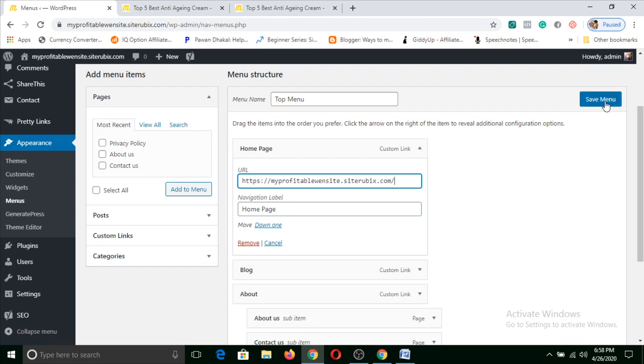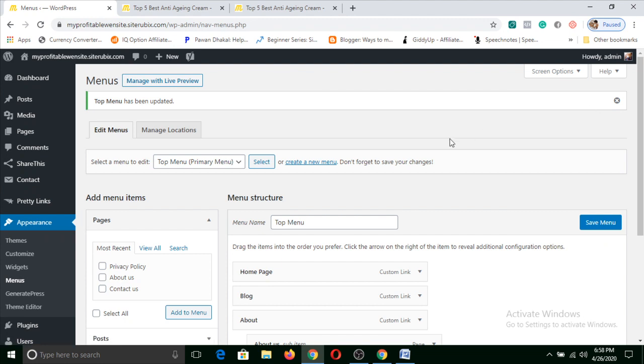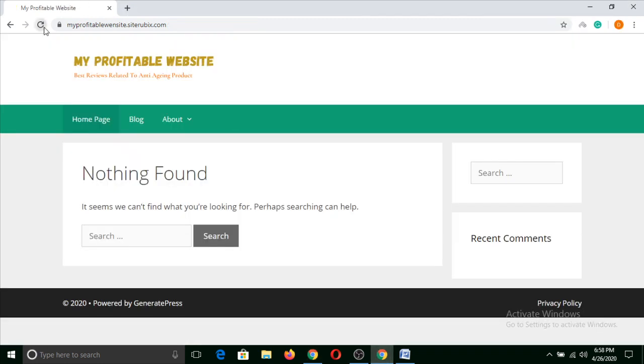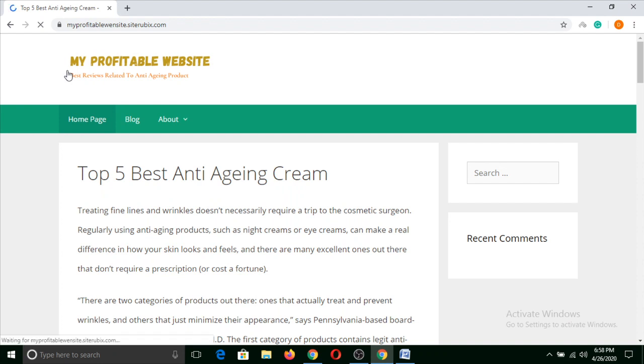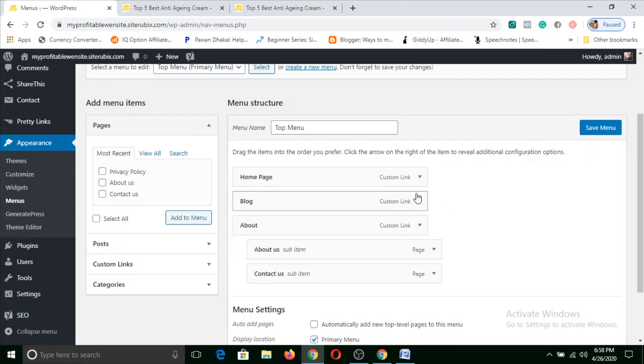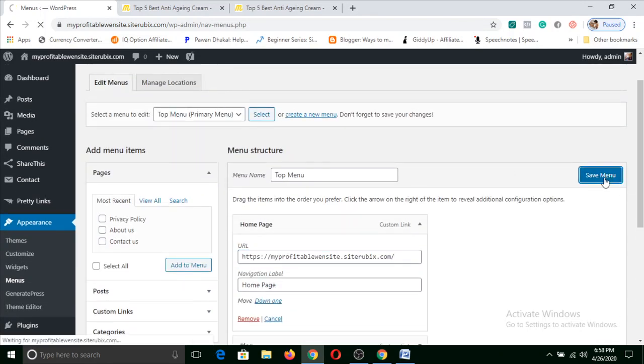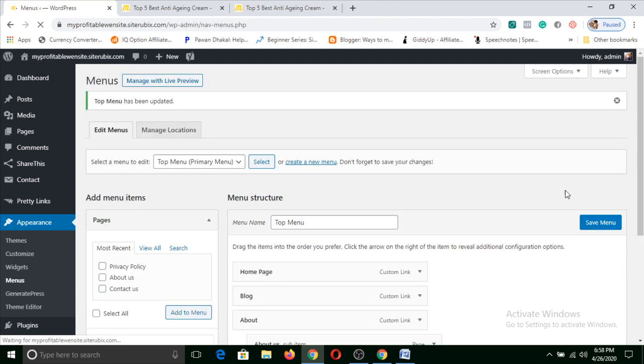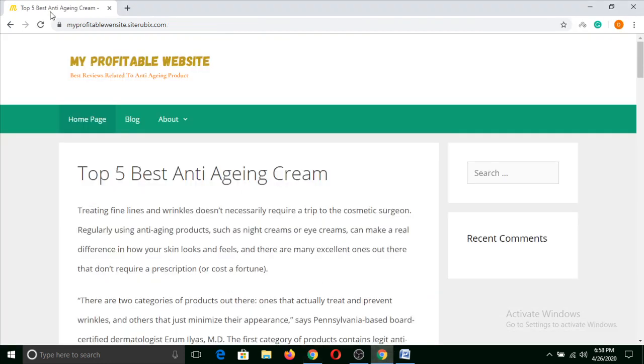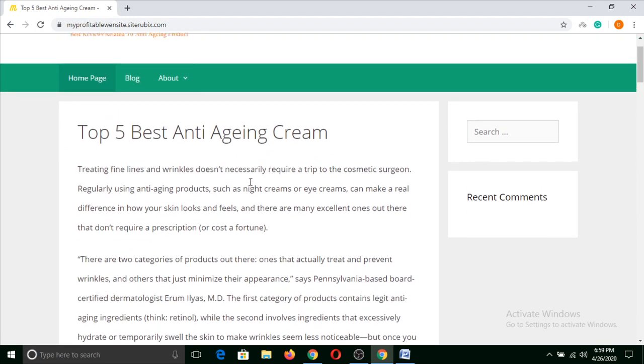So let me put it. So okay, what I missed was, you can go to home page and just put a slash after that .com. Just put this slash after .com and click on save menu. And then you can see that your home page will start to show your article.